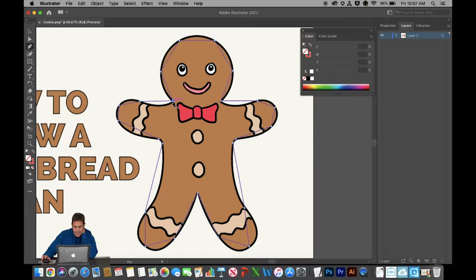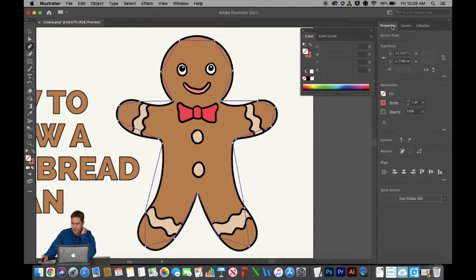Alright, so you see I have that shape so far. That's what I do with my pen tool. I simply place the anchor points, and if you want to see a wider stroke here, go to your Properties panel right there, and you can adjust the stroke size. So let me take that up to 4. Yeah, 4 looks good. So I bumped the stroke size up to 4, and I can see my